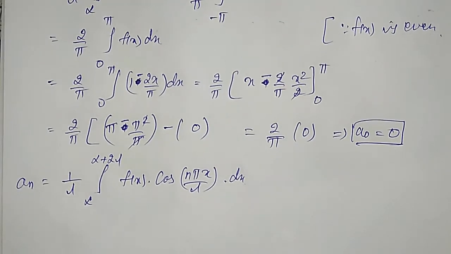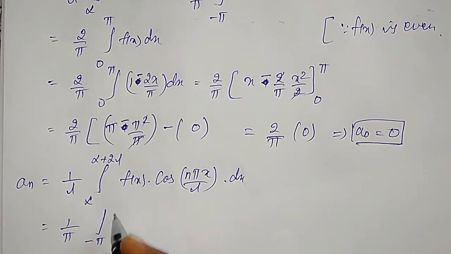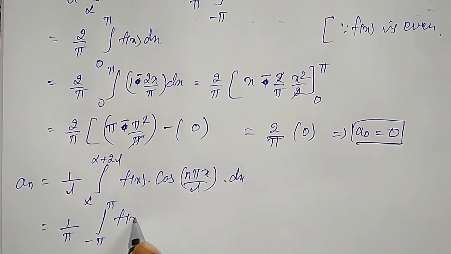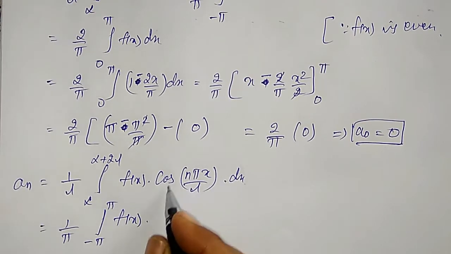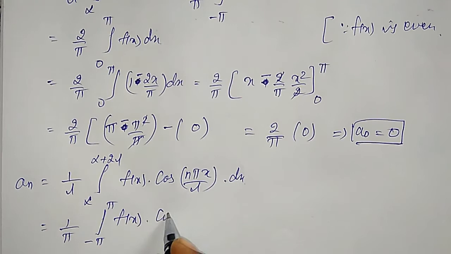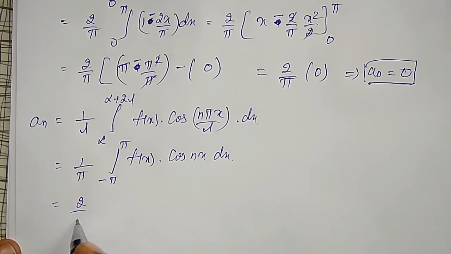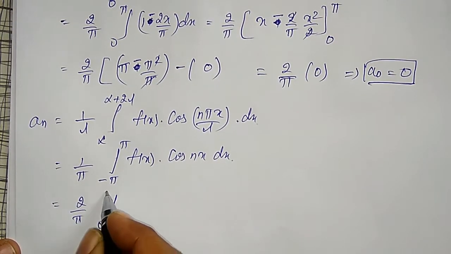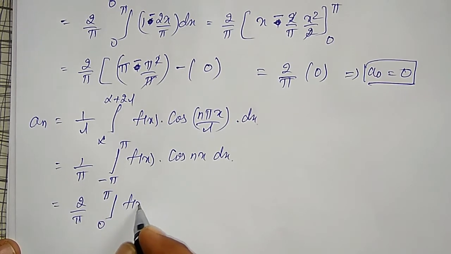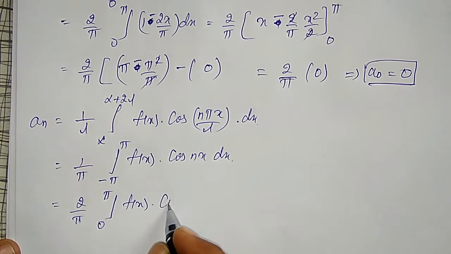Substitute l equal to pi, which is 1 by pi integration from minus pi to plus pi f of x into cos nx dx, and which is equal to, I can write it as 2 by pi integration from 0 to pi f of x into cos nx